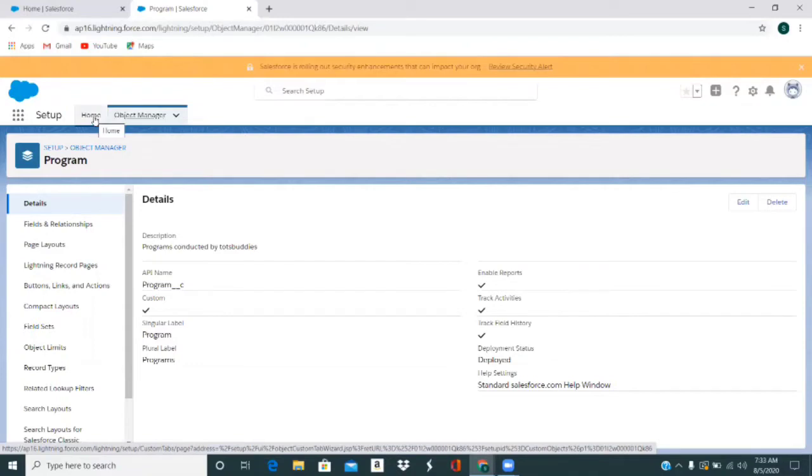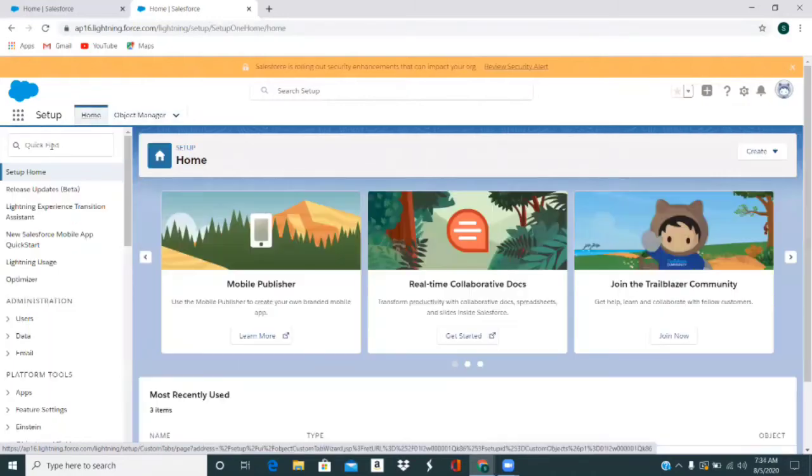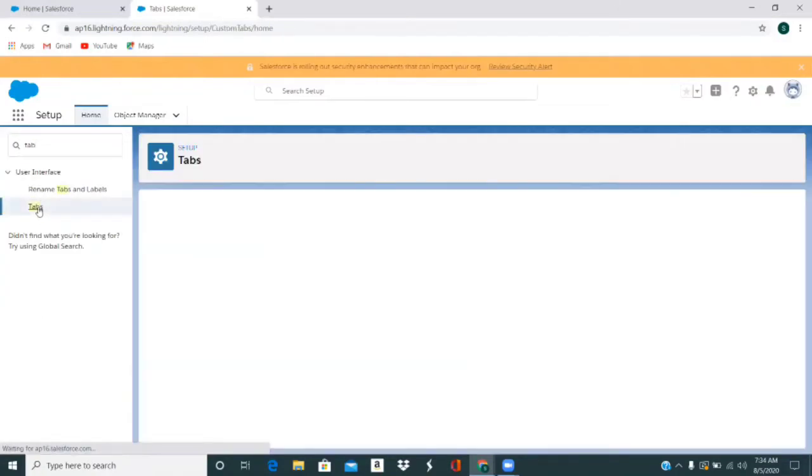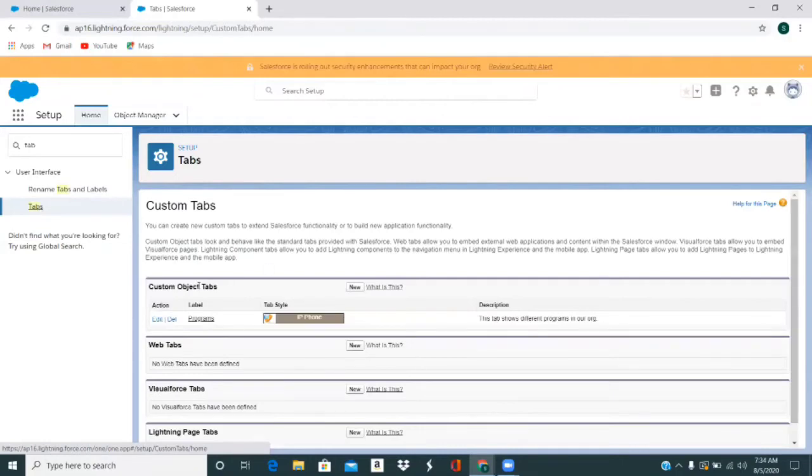So I was telling you that there's one more option to create your tab. For that, you can click on home. In the quick find, you can search tab and click on tabs. Here you can see our custom object tab is already created for the object program. If you want to create a new one, you can click on new.